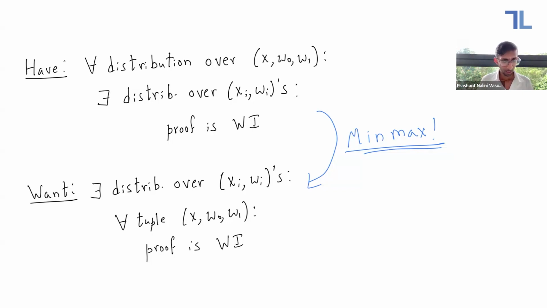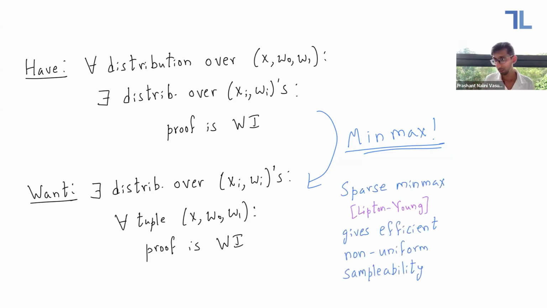Right. Of course, one thing I have not addressed so far is the efficiency of the prover, because in the end, we want an efficient prover for our SWI protocol, right? And the min-max theorem does not tell you anything about efficiency, but there are some later versions of the min-max theorem that do give you some efficiency at the cost of non-uniformity. So there are ways to make the strategy of